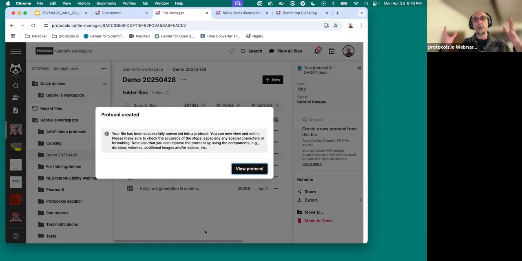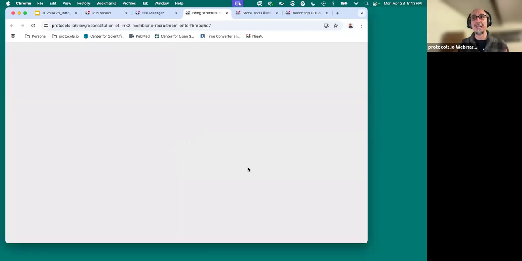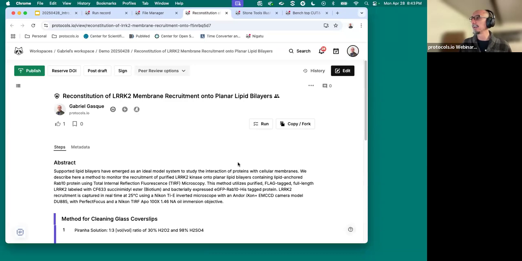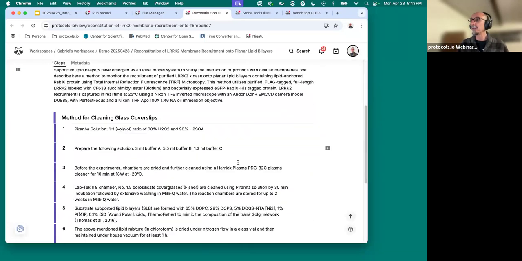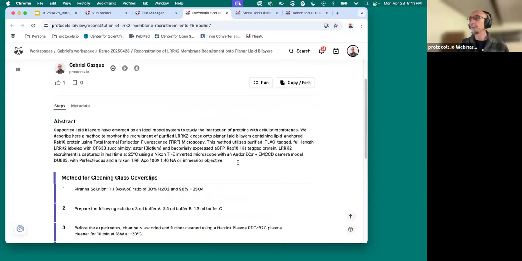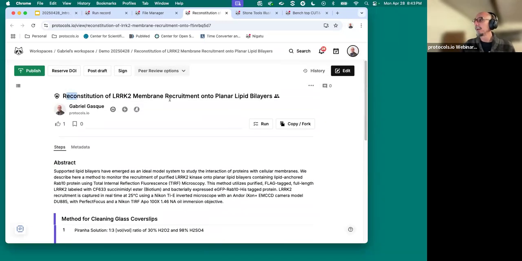You might remember how the Word document looked like. Now, if I view the protocol that I created with the importer, this is how the protocol will look like. The sections were created, the steps were parsed, the title was added, the abstract was added, and now I can publish my protocol.